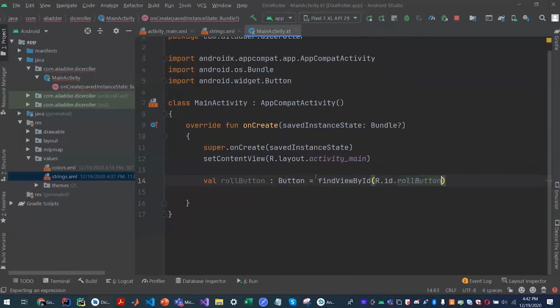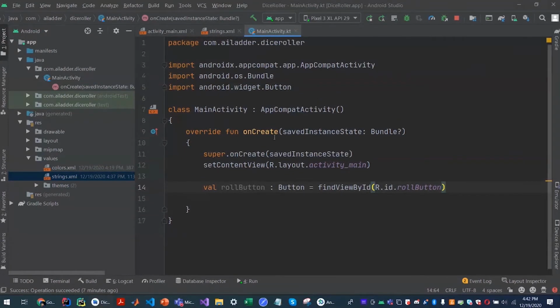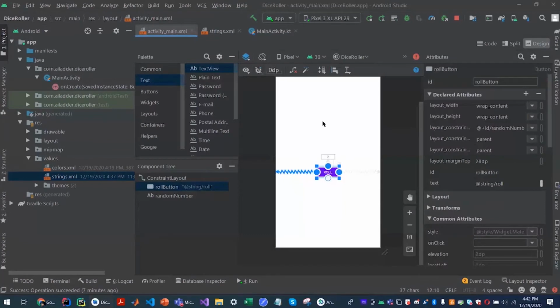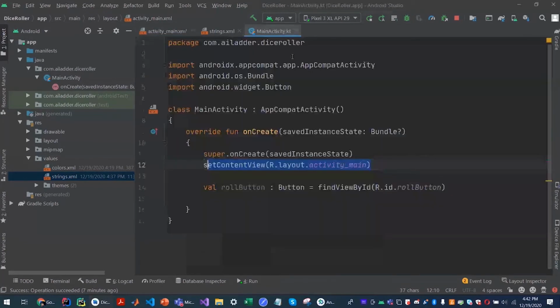What this syntax means is that, the first thing you note, this particular file is attached with this screen. Through this one line, you're saying that whatever you're doing in this activity is linked to all the components you have in this activity main file.